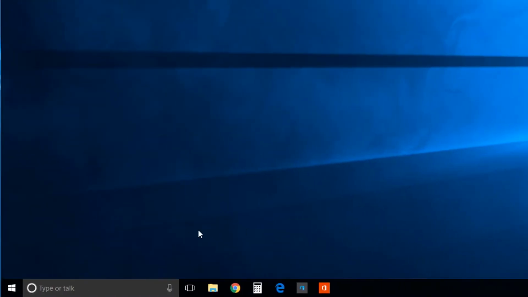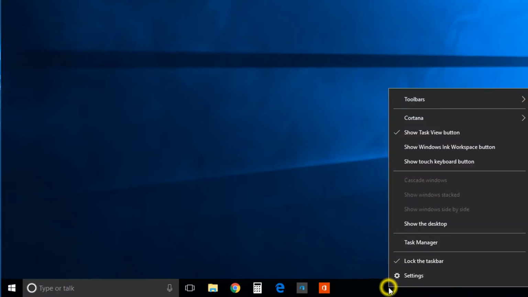Going back to the left side, this bar here is for Microsoft's new digital assistant called Cortana. There are a few ways that we can display the Cortana application. Most of my clients are not using this search box. So to get rid of it and to grab some valuable real estate back on our taskbar, you can right-click,